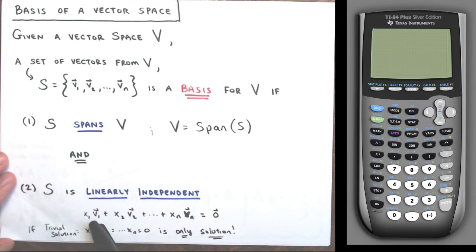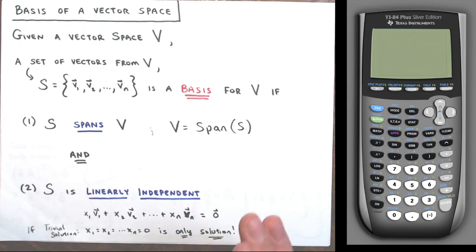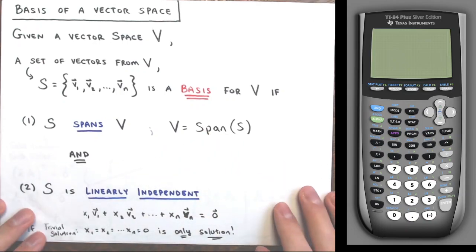Meaning that if I were to set a linear combination of those vectors in S equal to the 0 vector, the weights would all have to be 0, if they're linearly independent. Only the trivial solution would be a solution to that equation. Okay, so again, I've gone over what a basis is many times in many videos in the past, so just know that it's got to satisfy both of those. Alright, so my examples for the rest of the video: